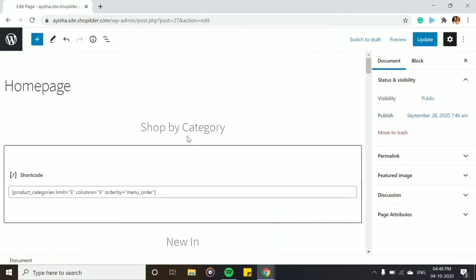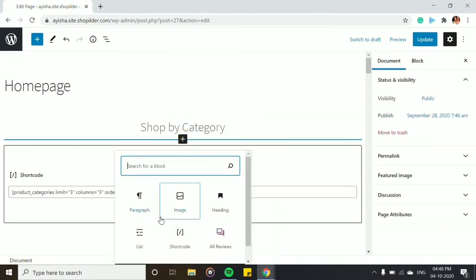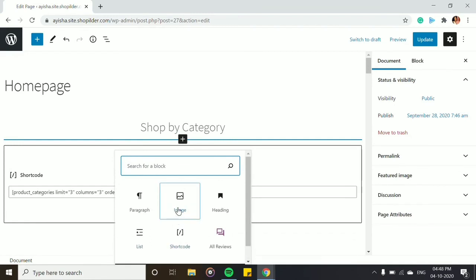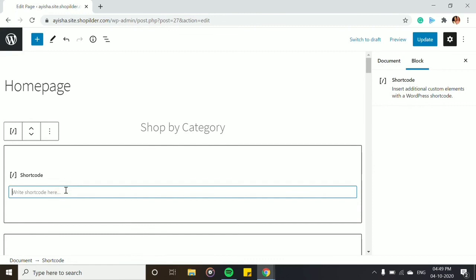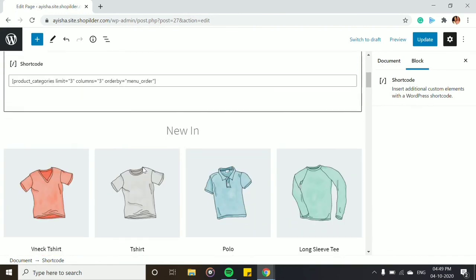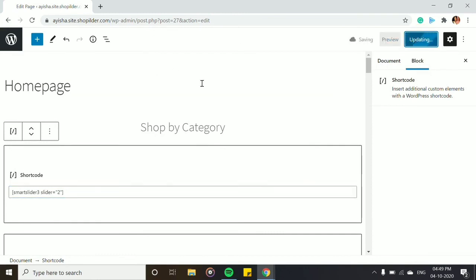Okay, now click on the add block and you can see the shortcode is here. For the people who are using Elementor or any other editor, you can see a Smart Slider button over here, just like this paragraph, image button. You can see a Smart Slider thing. So you have to just click that and you can add the saved slider to your website. Okay, I'm going to add the shortcode over here. I'm going to paste it and I am just going to enter. Then I am updating my website. Okay, so now you can view my page